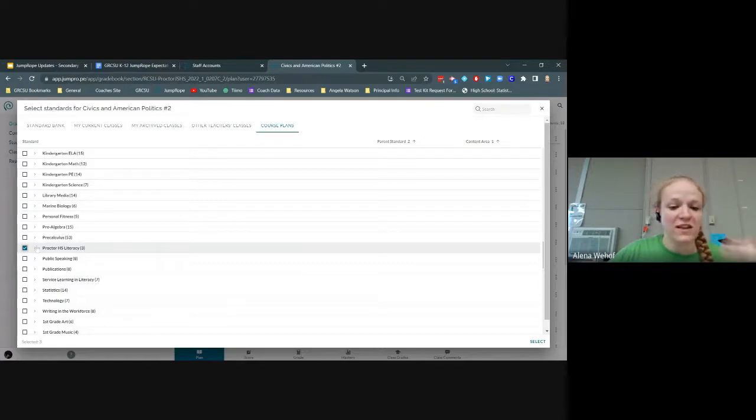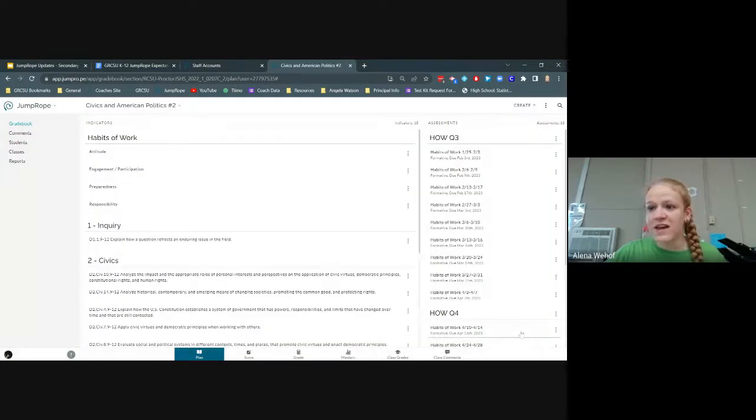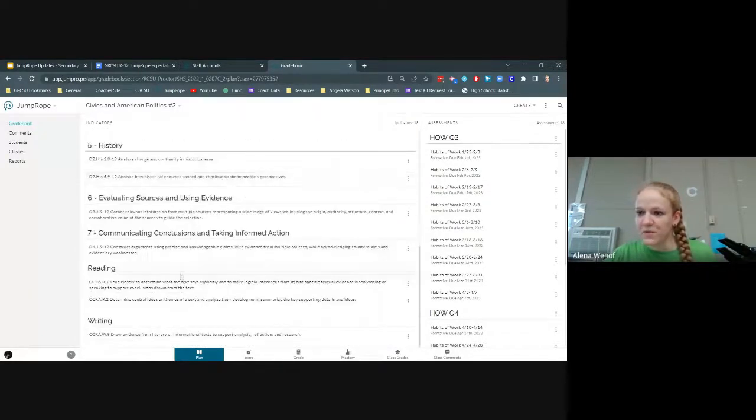And so any of those literacy common assessments and things you're doing, these are the 3 indicators you'll be using. So add these to all of your classes. So Proctor High School Literacy, and then select, and it'll add those for you. There they are, down here. So there's 2 for reading and 1 for writing. So those are those 3.